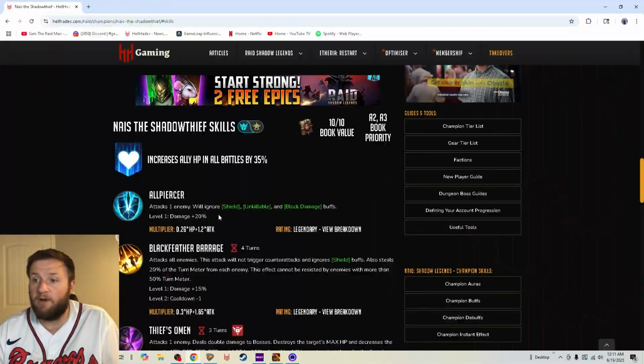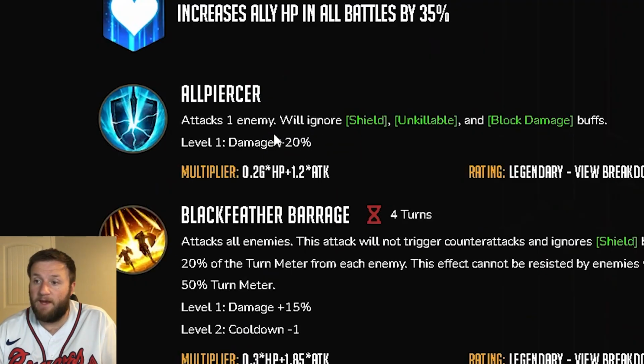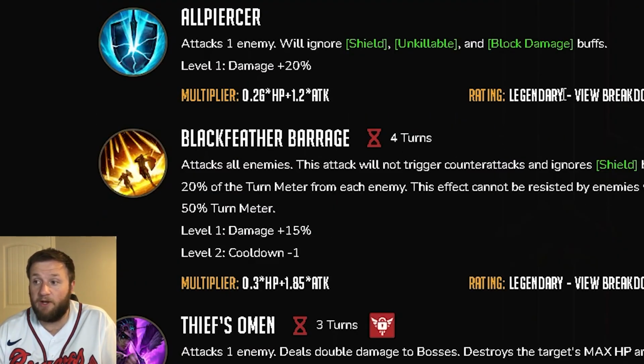So this is his primary form, not his alternate form. A1, this one does hit hard. Again, the primary form hits harder. Legendary. So legendary is now below godlike on Hell Hades' website. 0.26 HP and 1.2 times the attack. So I would say that probably we care a little bit more about the HP than the attack on the